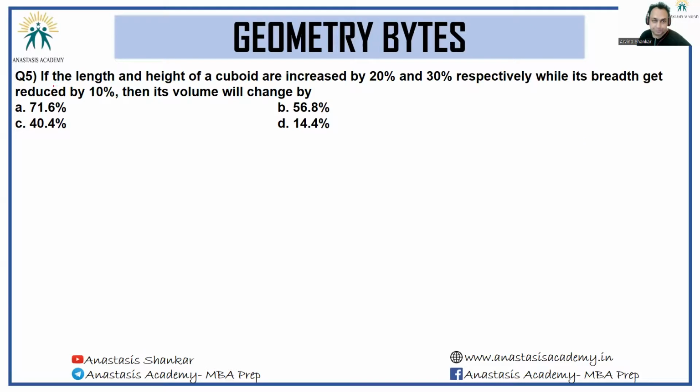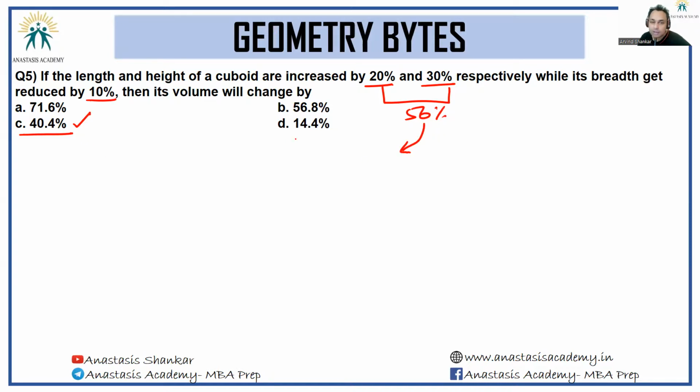Last question. If the length and height of a cuboid are increased by 20% and 30% respectively, while its breadth gets reduced by 10%, then the volume will change by. Okay, fun thing. Can you see among the options listed, you can straight away mark C because if you're increasing something by 20% and 30%, this has a cumulative impact of 56% increase. Even if you were to drop it by